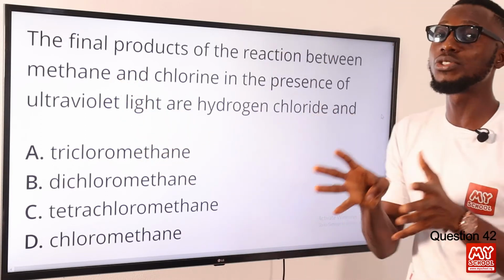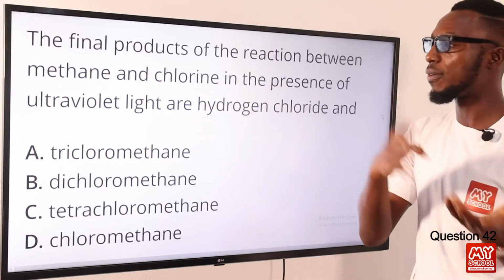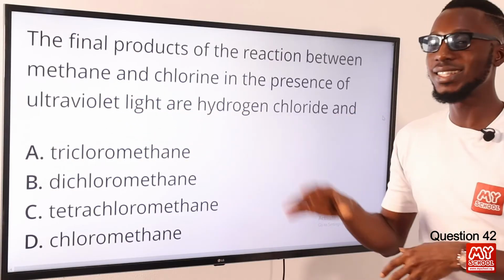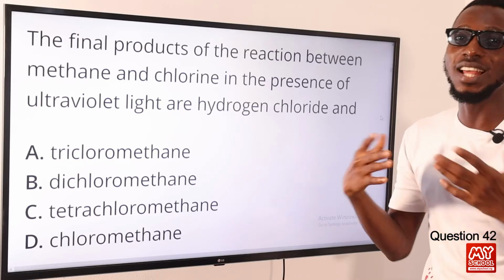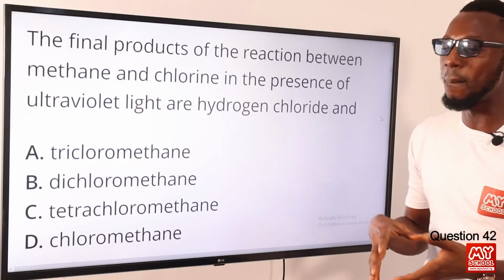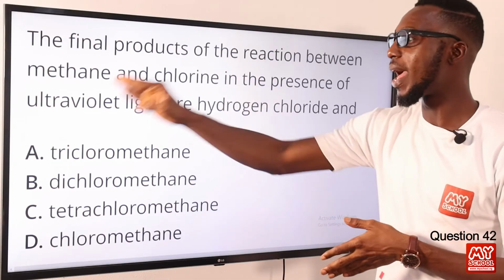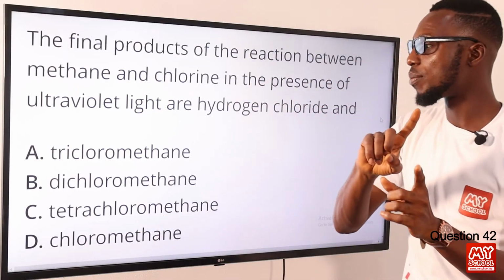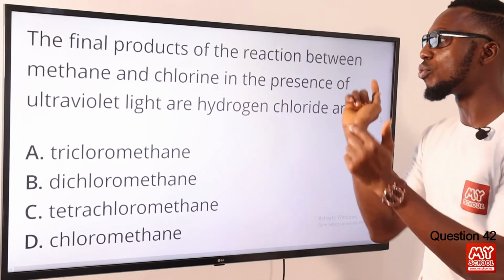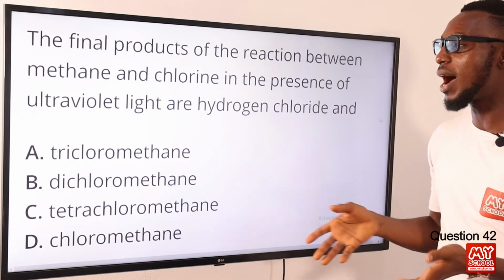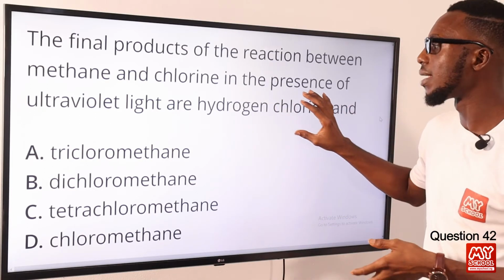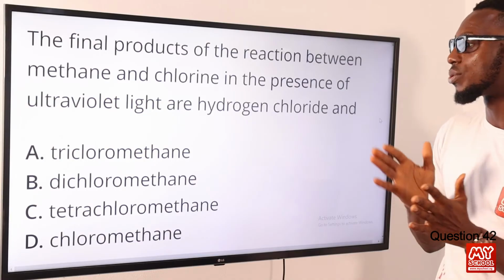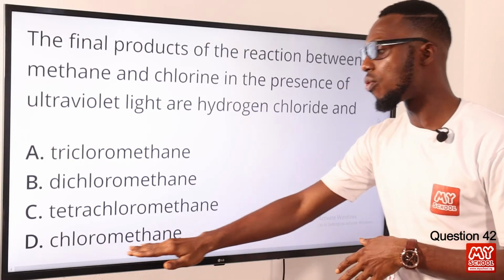Another reaction it can undergo is a substitution reaction with chlorine. Of course, it happens with bromine as well. Ultraviolet light acts as the catalyst in this substitution reaction. So this is how it happens. Chlorine reacts with CH4. An atom from chlorine will go ahead to meet methane and replace a single atom of hydrogen there. So the exchange goes on like that till you have your final products, hydrogen chloride given off as gas, and tetrachloromethane. So this is how it begins.